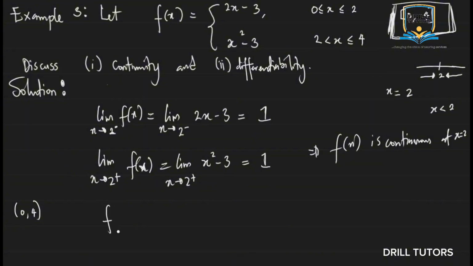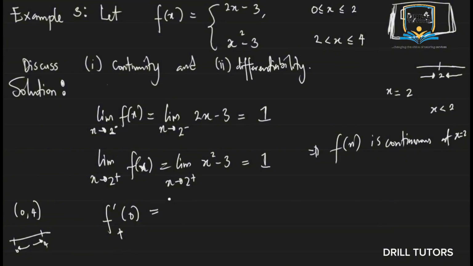The function from the right, of course, x is at the right of 0. Any x you have in this interval is at the right of 0. So if this is the real line, and this is 0 and 4 here, this guy is at the right of 0 and it is at the left of 4. So f prime at 0, why? Because it is at the right of 0,